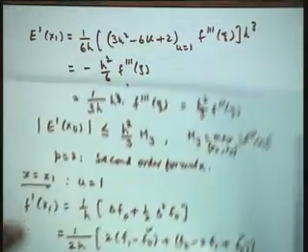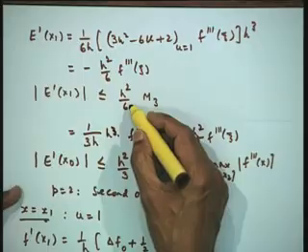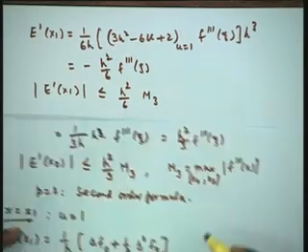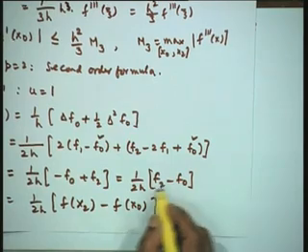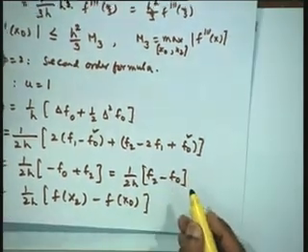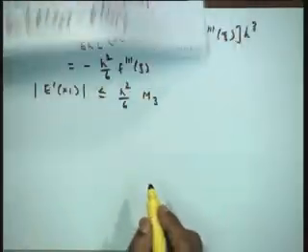Now you can see that the error in the previous case was h square by 3 and now we have h square by 6, which is reduced by a factor of 2, and that should be expected. This formula turned out to be a central difference approximation, that is we have got symmetrically placed points, so that if you Taylor expand this, the odd derivatives would cancel.